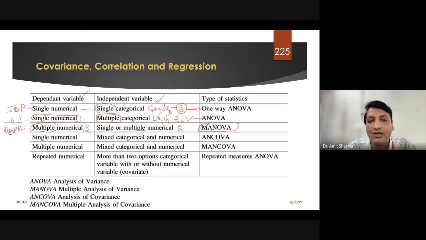And as I told you, as the number of variables in the set increases, the test becomes more advanced.